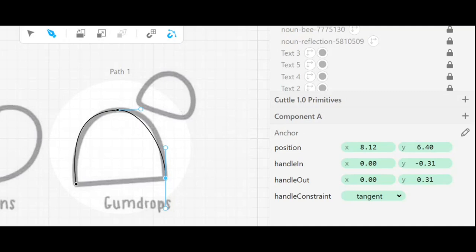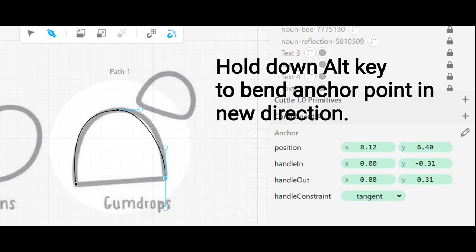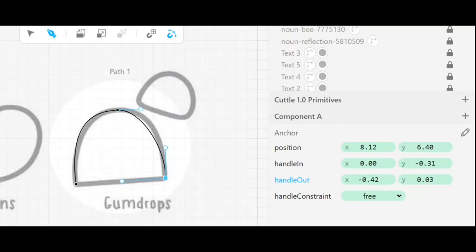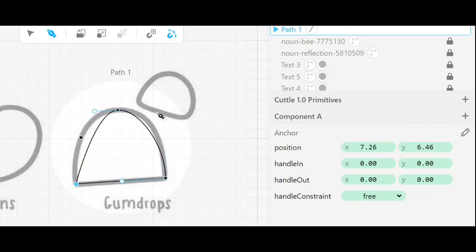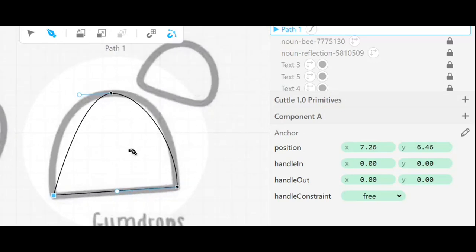So for me to make this anchor free instead of tangent, I'm going to press down the Alt key, and then I'm going to move this handle out to be in this direction. So this isn't actually drawing the line. It's just saying that the next line is going to go to the left. Okay. Then I can let go, and then there's my handle out, and then I'm going to close my path. Okay, well, that is not the gumdrop I want, but like I said, I'm not great at the pen tool,